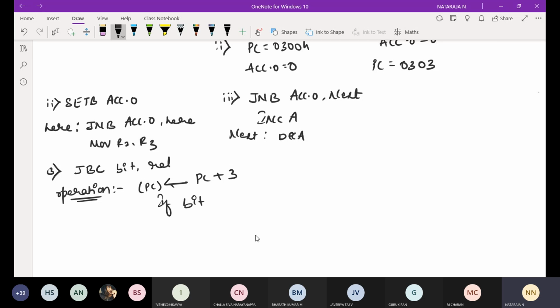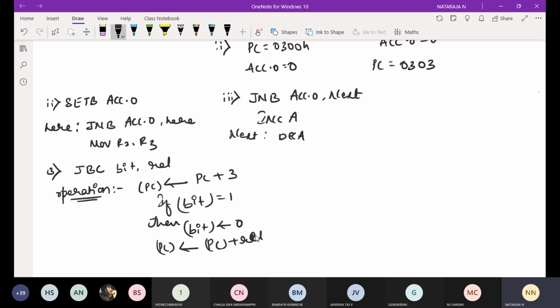If bit is equal to 1, then the bit will be made 0. Then the program counter will be program counter plus relative address.